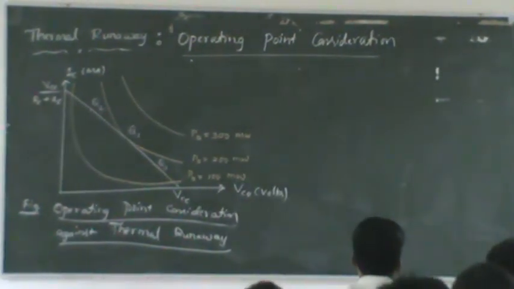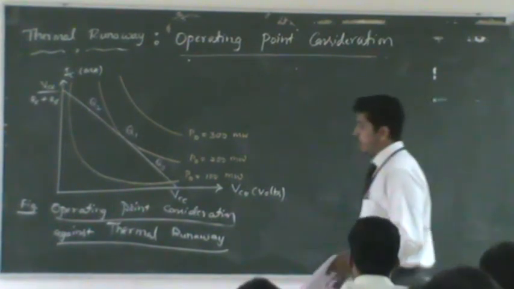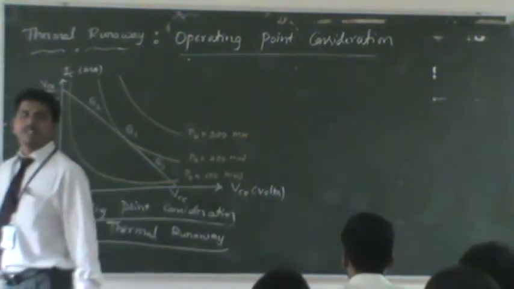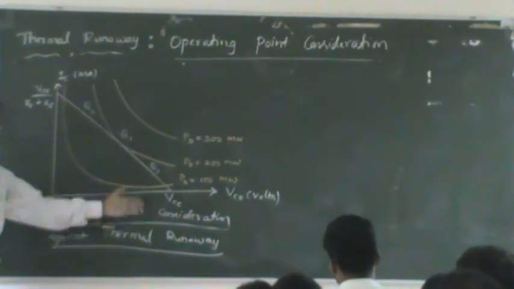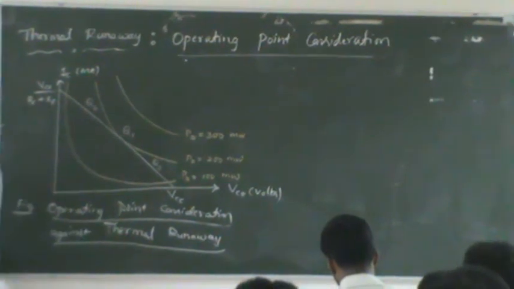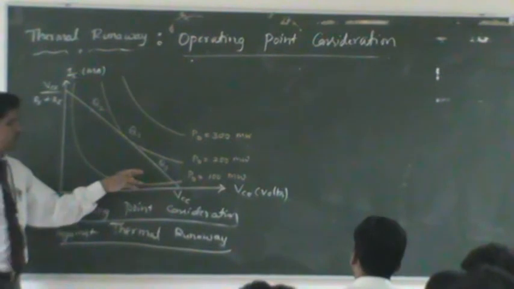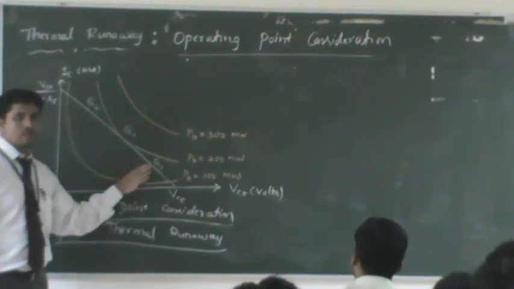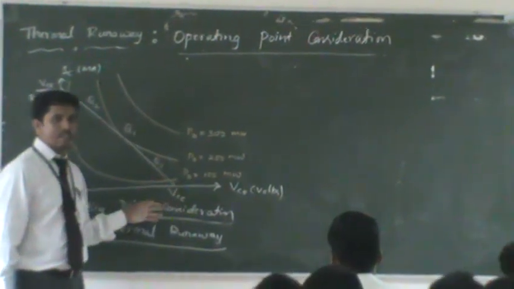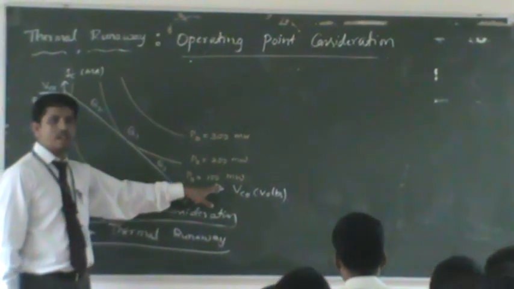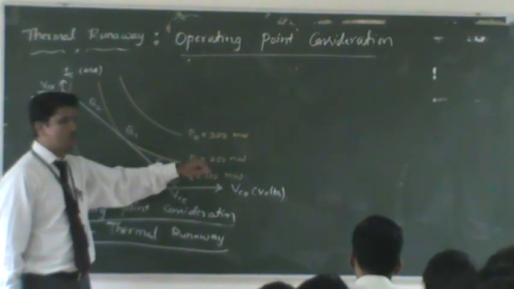And I have shown a few curves inside this AC load line or load line analysis. This is nothing but load line analysis of emitter. We already studied this load line, how to draw this load line. I am not explaining again. Look at these curves. I am interested more here about this power dissipation curves. You can see that there are three power dissipation curves which I have considered here. One is lower one, which is 100 milliwatt, small power dissipation. Next one is medium, one is going to be 200 milliwatt.